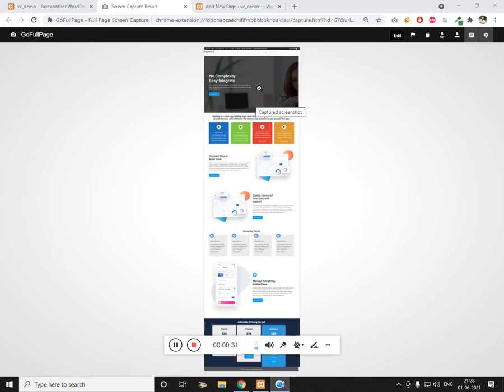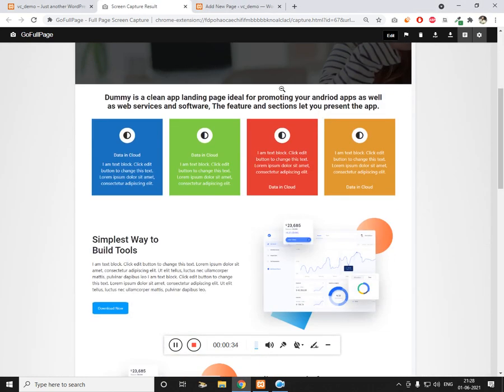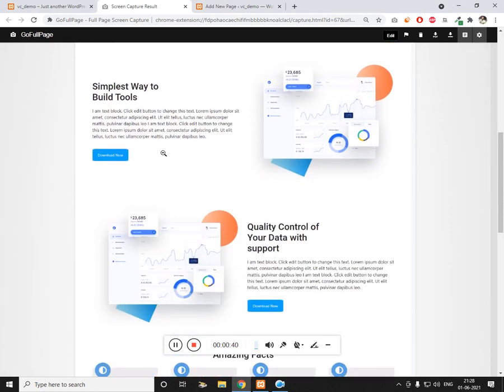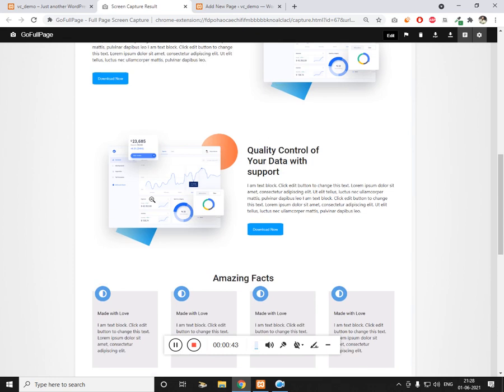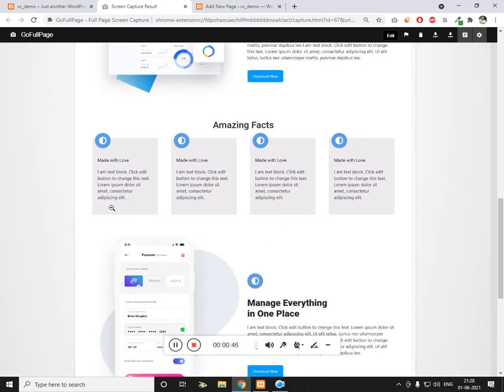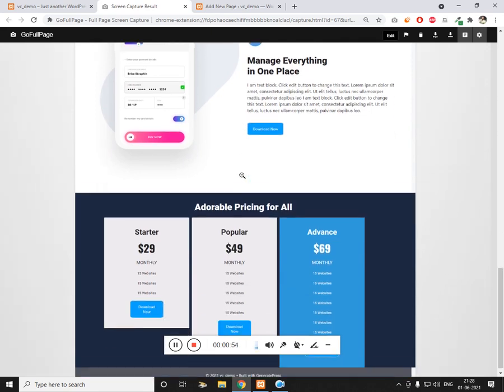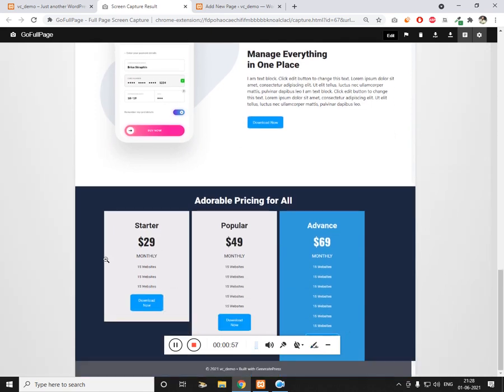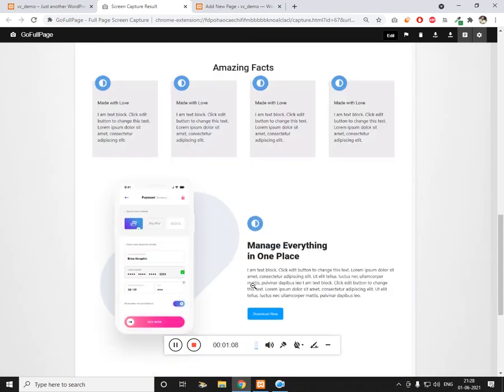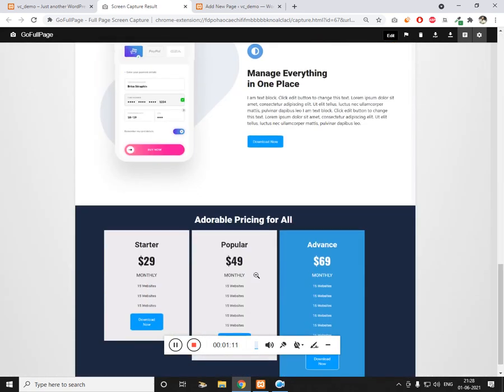Now let me show you what is included. We have a banner section and a custom grid section with different colors and icons, then an about us section and an about us 2 section, which is a slightly complicated grid. The icon is at the top left position, and this same section is repeated. And finally the pricing section. You can see the pricing section layout is slightly complicated. Its height is not relative, and we have created a custom grid, or in other words custom columns.